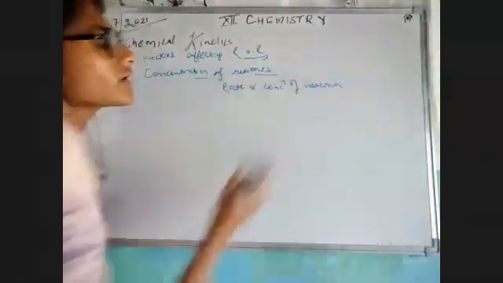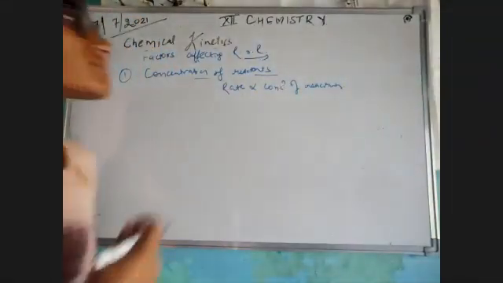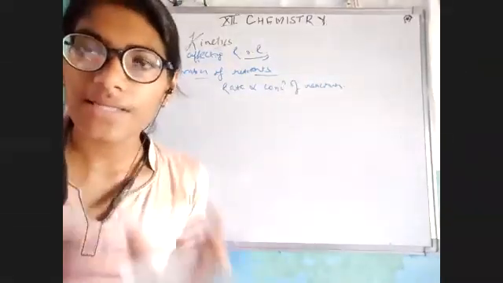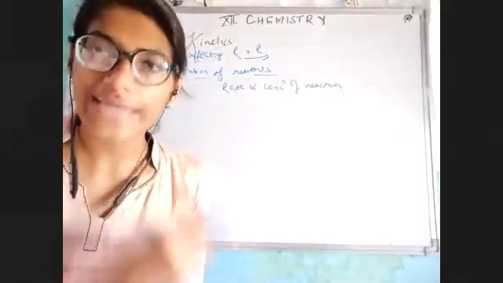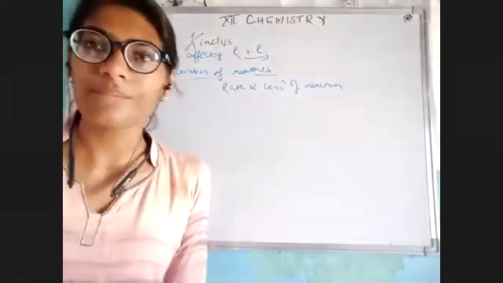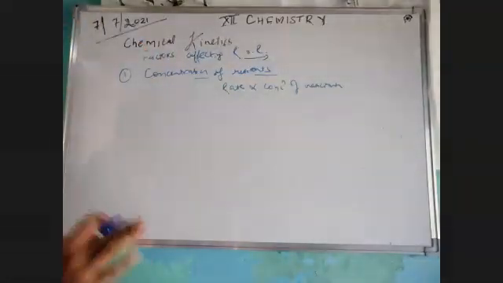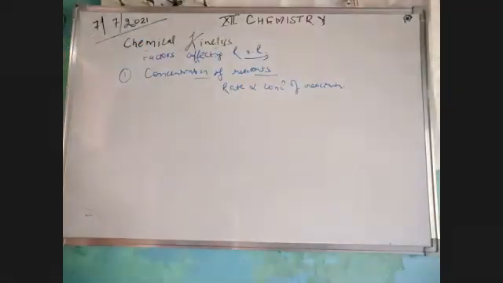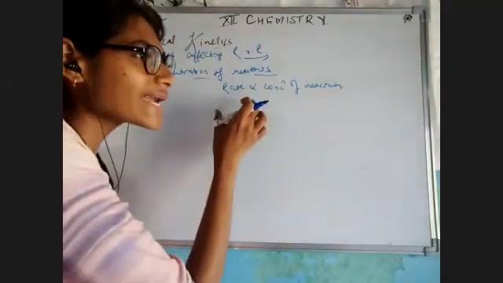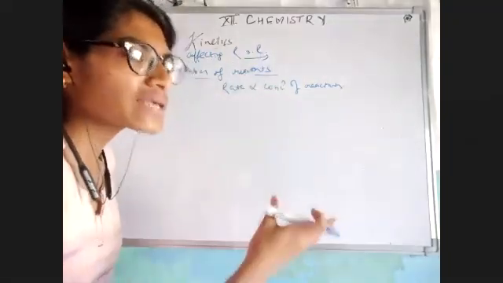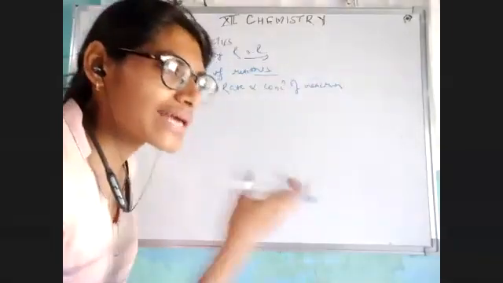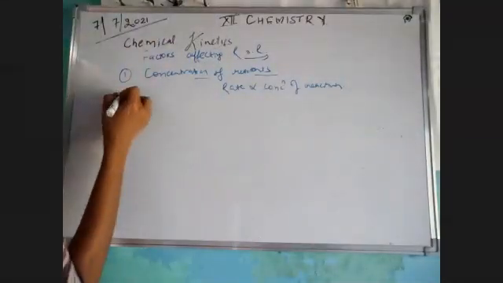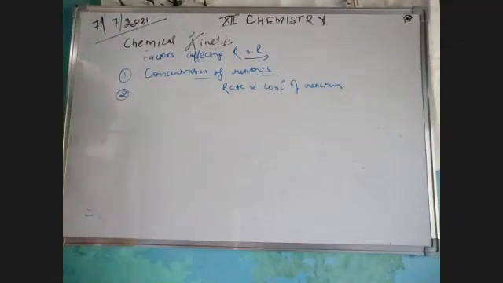Am I saying it right, brother? If the concentration is more, that means my reactants will be consumed more among themselves, they would easily attack each other and they would make the product. So rate of reaction is directly proportional to concentration of reactant, or I would like to say the speed is directly dependent on the concentration of the reactant. Okay. Second point is about, let's say, temperature.